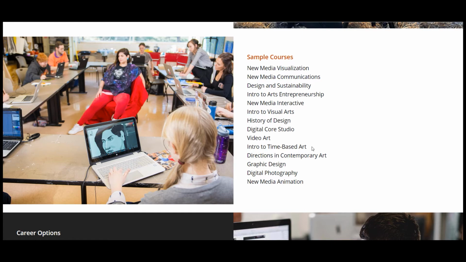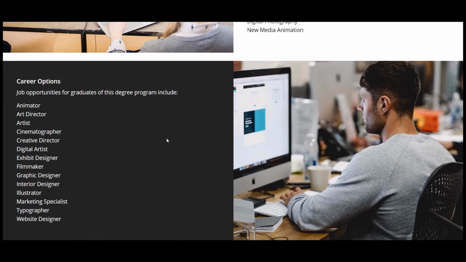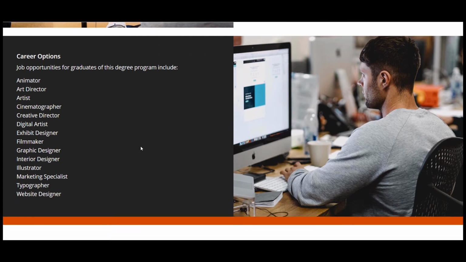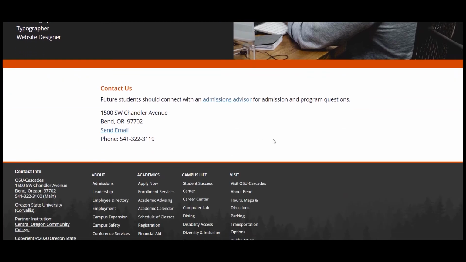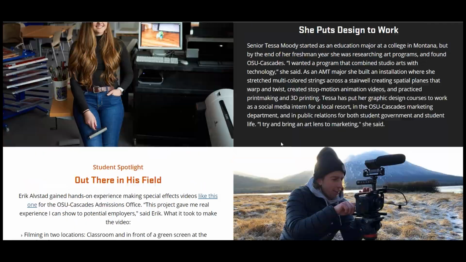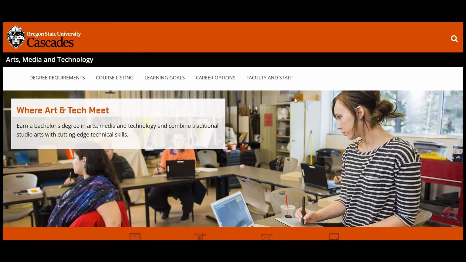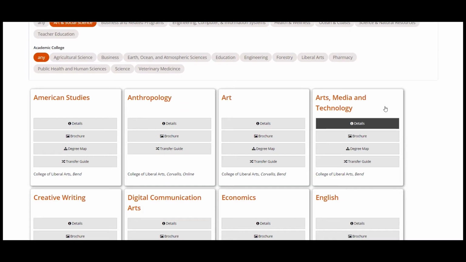So some of these you're going to see some correlation between the online and this major, but there's some difference. And then they give a nice listing here of career options, which really does align with digital design nicely. Some contact information. Do not hesitate to reach out. And we would probably want to look at the catalog for this one too, but let's go back to our